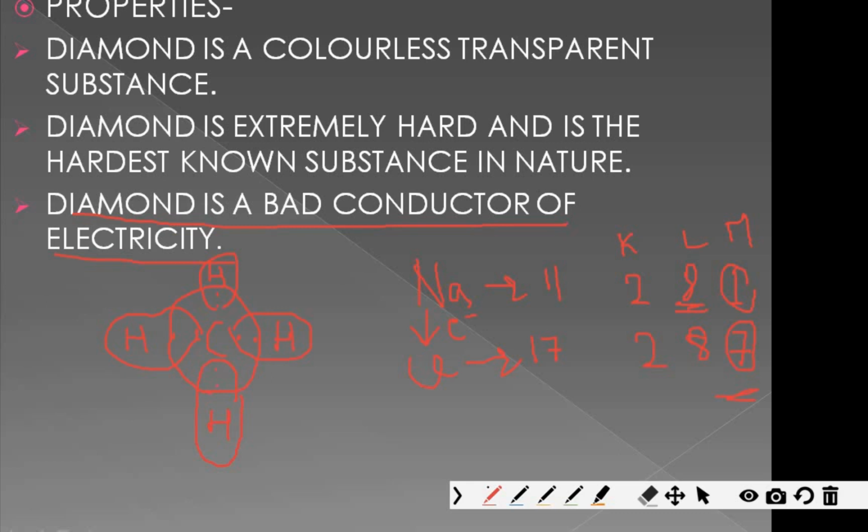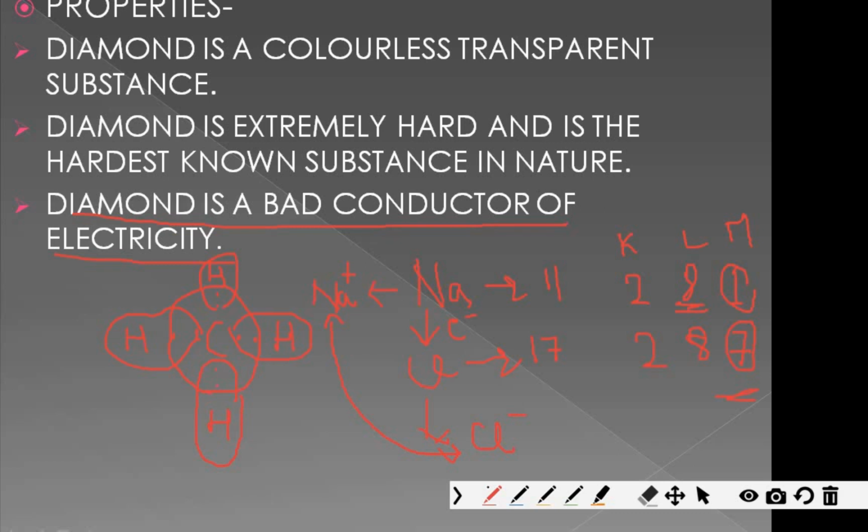So chlorine will attain a negative charge and it will become Cl minus. Also, Na plus will form. Now the positive charge and the negative charge ions will have electrostatic attraction, which is an extremely powerful